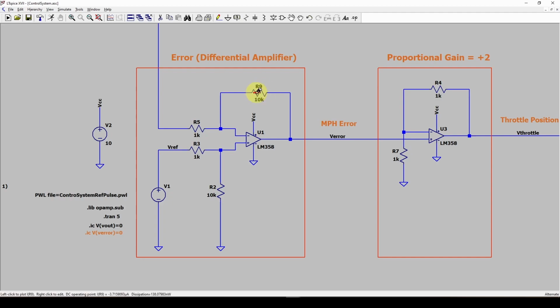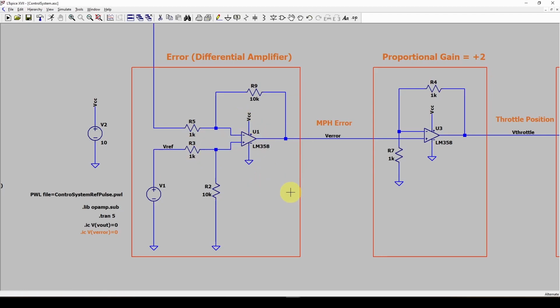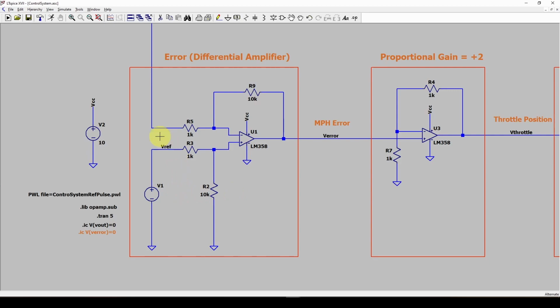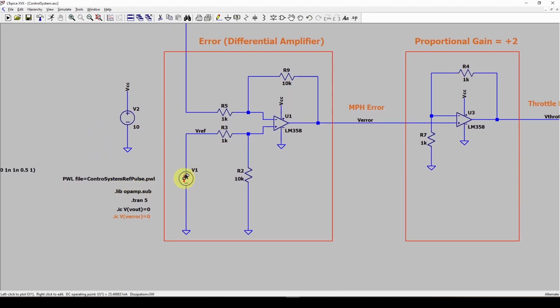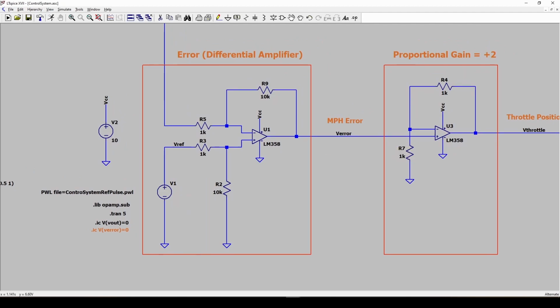I've got this feedback resistor and this positive-to-ground resistor of 10K, and the inputs are 1K, so the output is 10 times the difference of these two input voltages. Again, we can tweak those later on, but these are just some starting values. And the reference value that I'm using is a PWL file voltage, basically a step voltage that we saw here